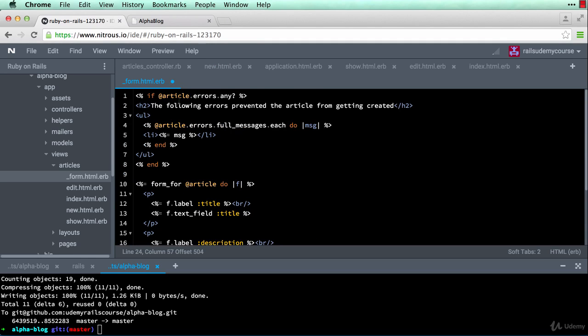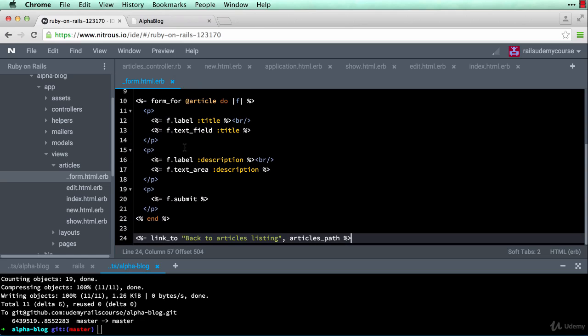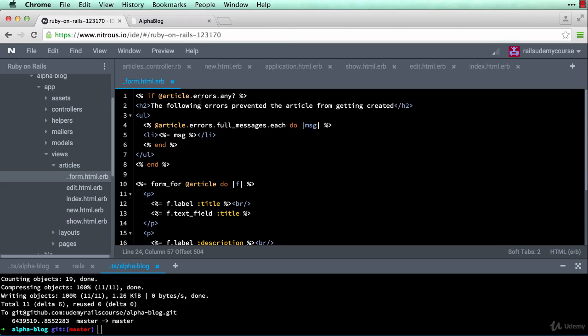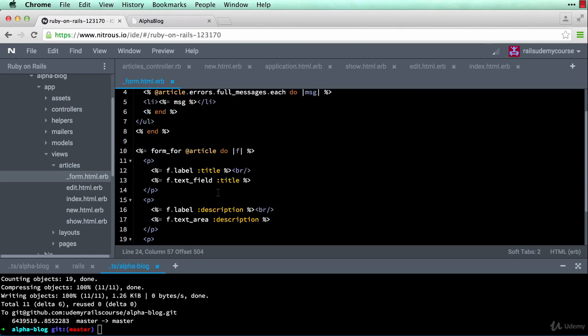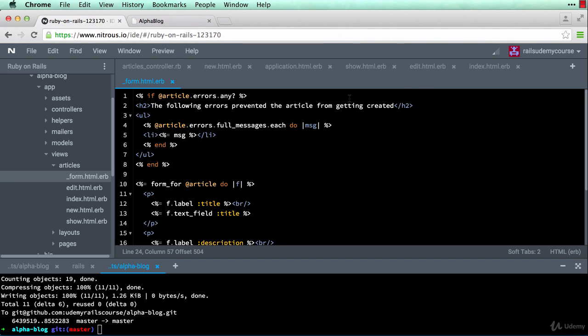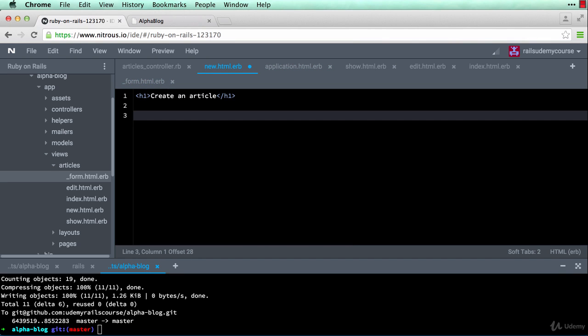If article.errors.any. Okay, save that. Now there's no mention of edit or new over here. Okay, so we're just going to leave it like this for now. And in the new HTML ERB, delete all of this. Okay, and the way you're going to call the form or the partial is embedded Ruby tag equals render and